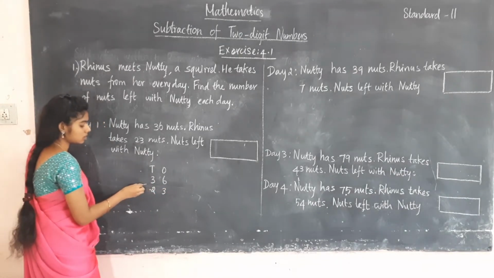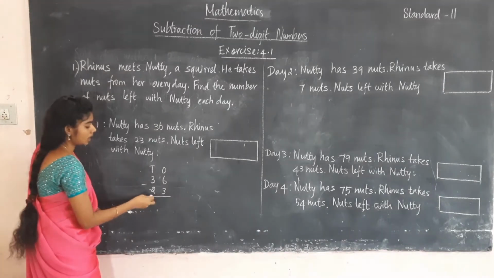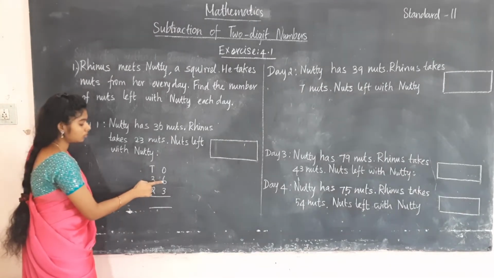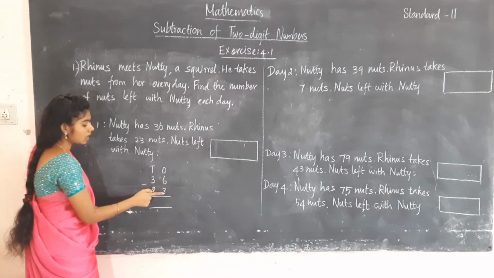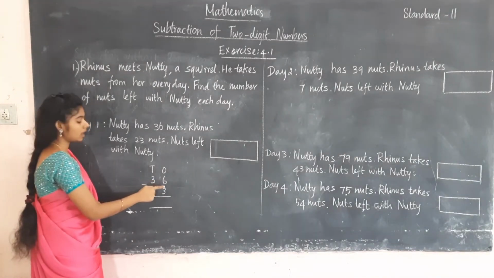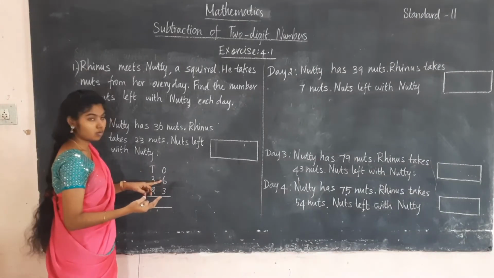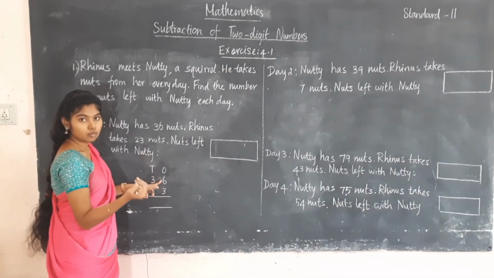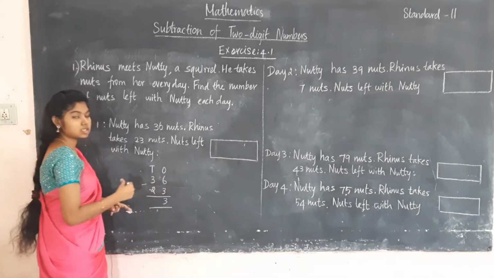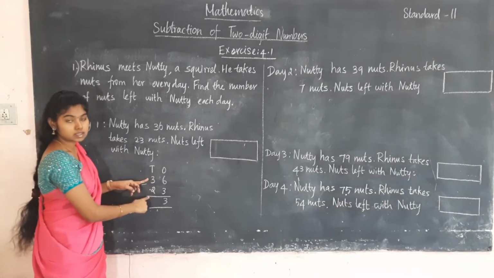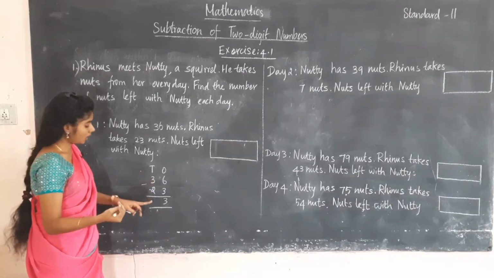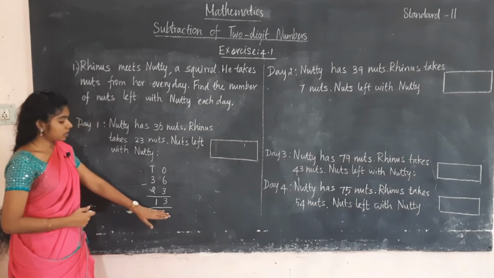Now we are going to subtract these two numbers. So give the sign as a minus and subtract first in the ones place and then in the tens place. First number 6 is given here, 6 ones, and here 3 ones. So to subtract, we have to keep 6 in the mind and 3 on the fingers. Say the numbers before 6, that is 5, 4, 3. Now you write the number 3 in the ones place. Then you have to subtract in the tens place. First number in the mind and next number on the fingers. So say before 3: 2, 1. So write 1 in the tens place. So now you got the answer as 13.